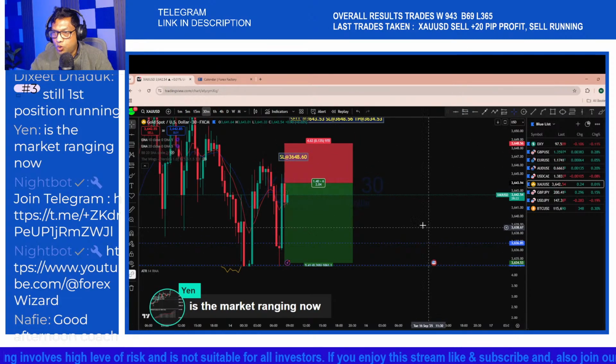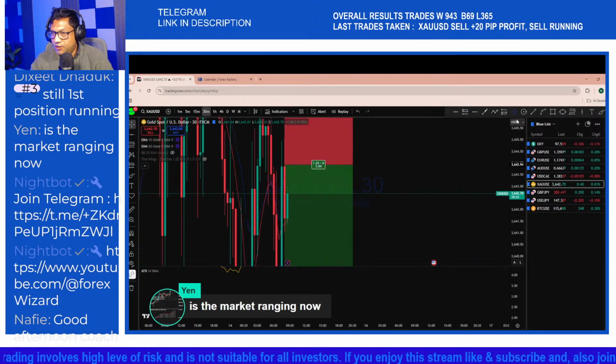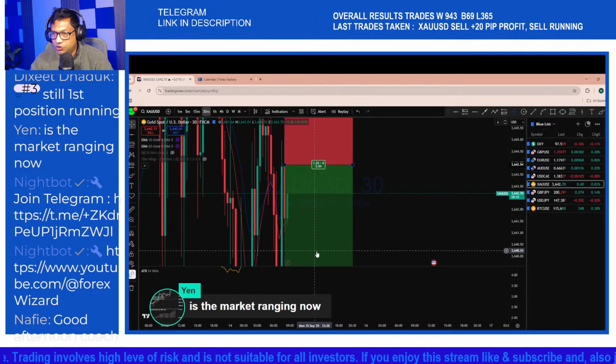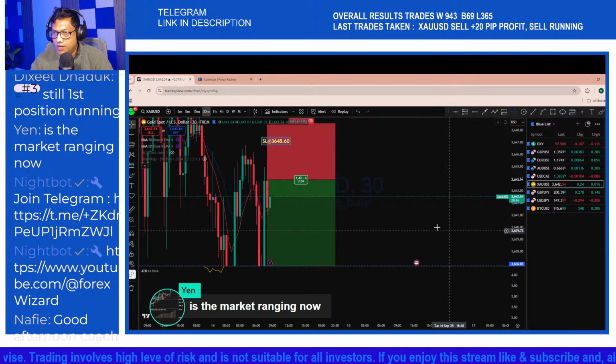Now the next one, if this current 30 minute candle manages to break below here, that's where we could see